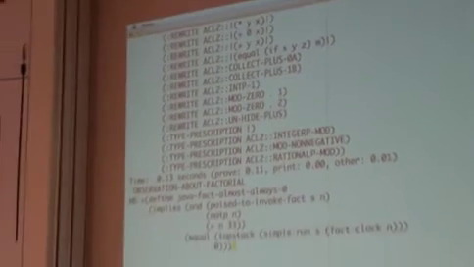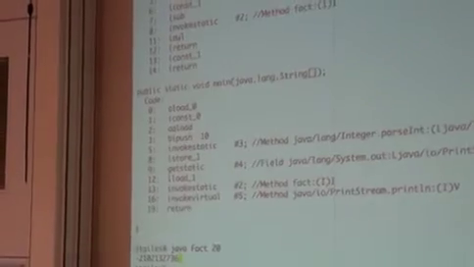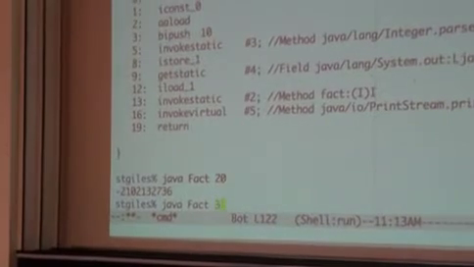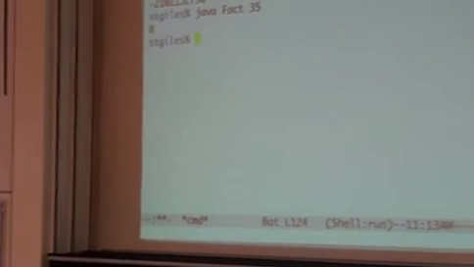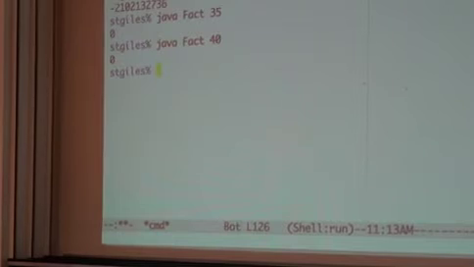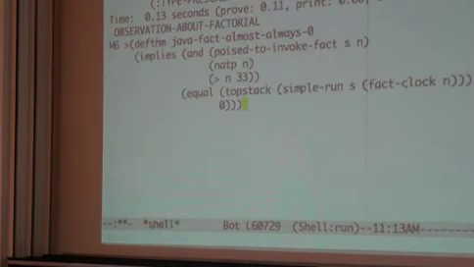And I can infer from that another observation. Here's a little lemma I had to prove. But here's a nice observation, which is, let me just show you. If I go back over here and say, compute Java fact of, say, 35, I get 0. And Java fact of 40, I get 0. I'm going to get 0 almost all the time, because